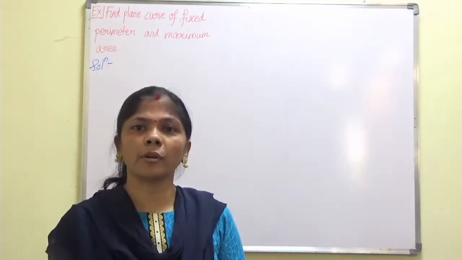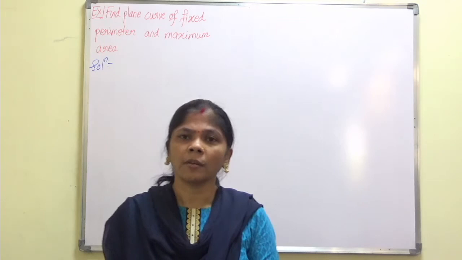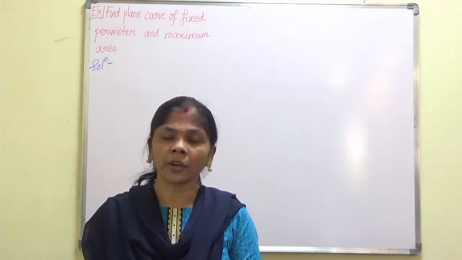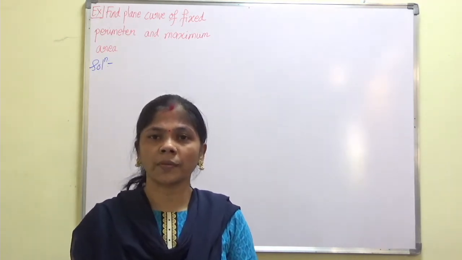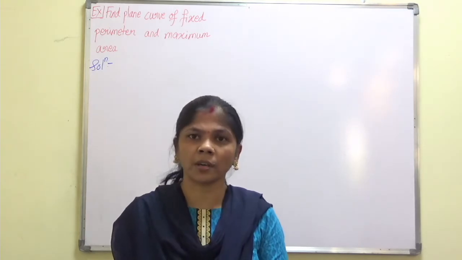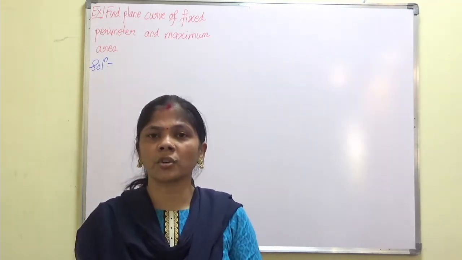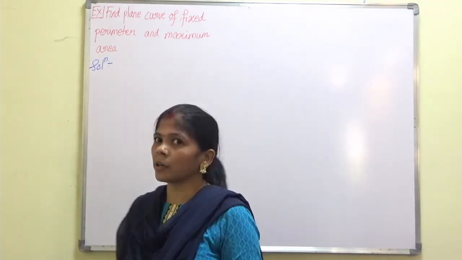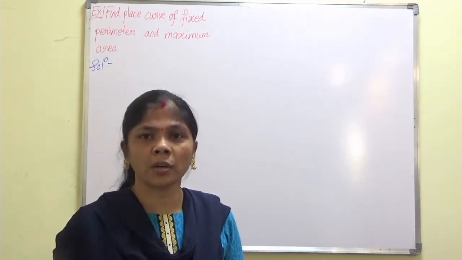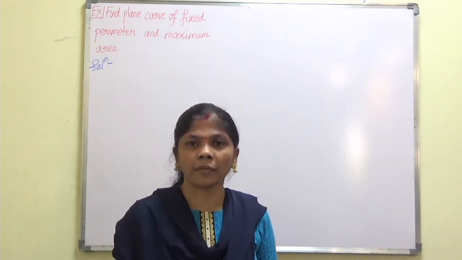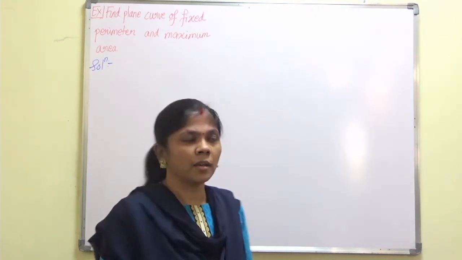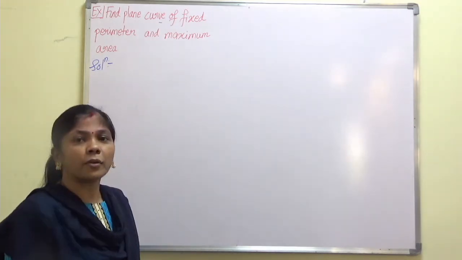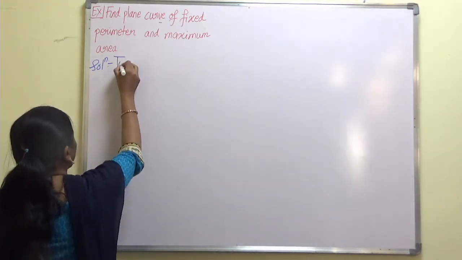As we have seen, for an isoperimetric problem we need two functionals, out of which one function is extracted from the functional which is to be extremized, and another is extracted from a functional which has a constant value. So here our target is first to construct a functional, and then from that we will identify a function, right? See what is the condition given. Find the plane area. Plane area means we will have to find out the function y of x.